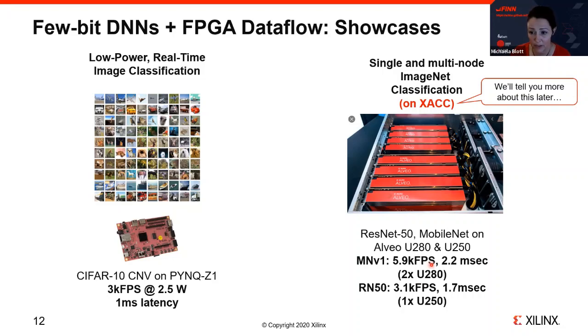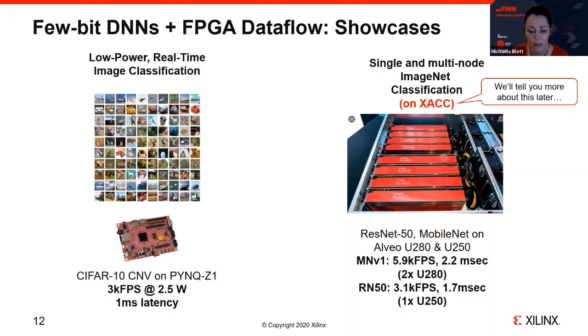The second, shown here on the right, is your popular computer vision DNNs, for example ResNet-50 and MobileNet V1 for ImageNet classification. We have single and multi-node implementations on Alveo boards for those using the Xilinx Academic Compute Clusters, or XACC for short. You might wonder what those are, and I'll tell you more about this a little bit later. As examples, I have here a 2-node Alveo U280 delivering 5.9 thousand frames per second at 2.2 milliseconds for MobileNet V1, which is highly competitive, and 3.1 thousand frames per second for ResNet-50 single node on a U250